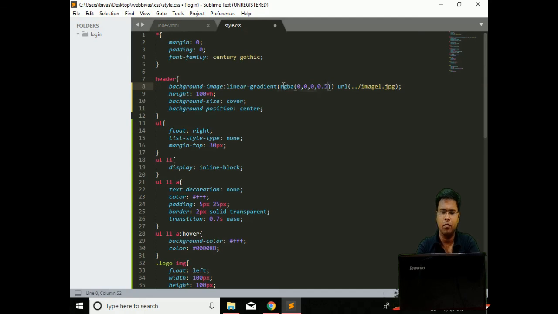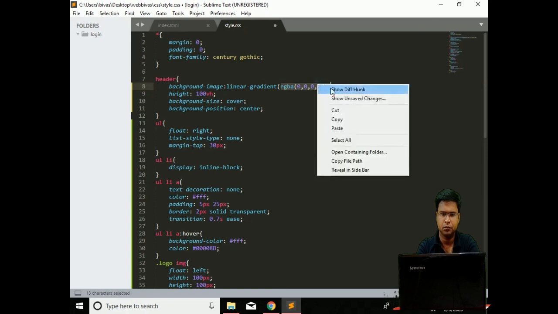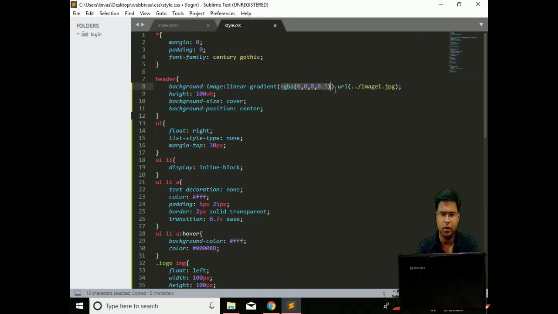So what it will do, it will actually change the shade of our background. It will provide it a gradient look. I will copy this one and paste it over here with a comma.